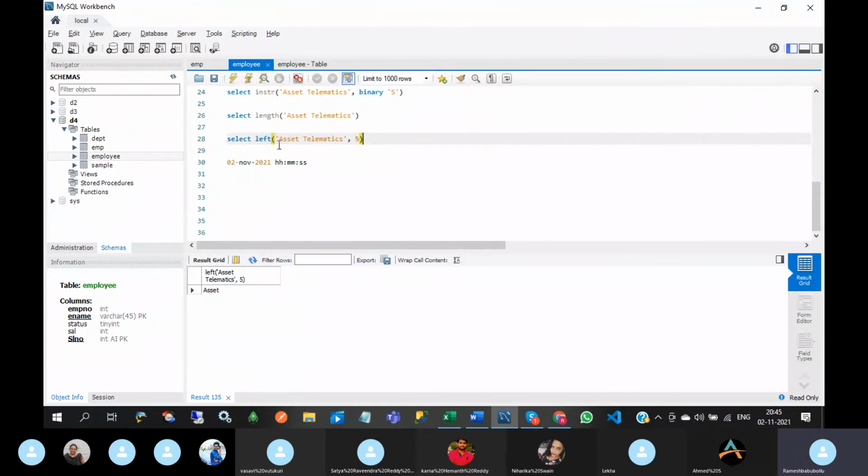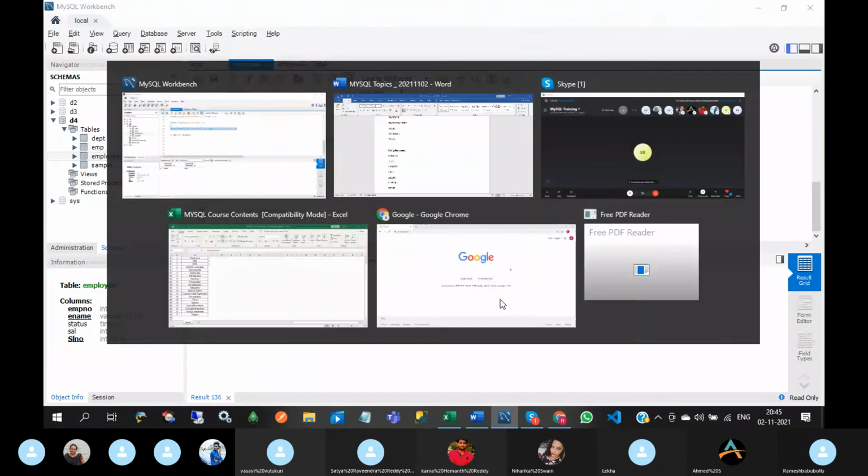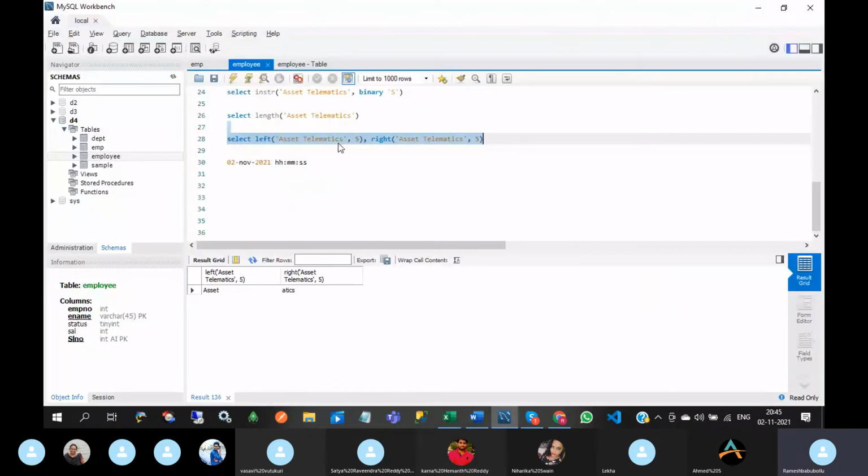Okay. Similarly, right. It will display 5 characters at the right-hand side. Next, lower, upper.